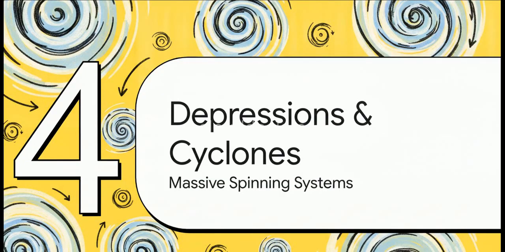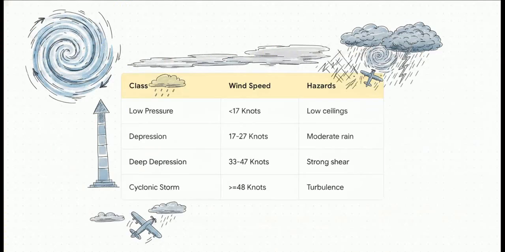All right, Section 4, Depressions and Tropical Cyclones. Okay, so as these spinning low-pressure systems start to really intensify, they graduate through some escalating classifications. The absolute crucial takeaway here is how wind speed directly dictates the core aviation hazards. A basic low-pressure area, under 17 knots, might just bring some annoyingly low ceilings and light rain. But as the system deepens into a depression, pushing up to 27 knots, you get widespread stratiform clouds. Push it even further to a deep depression, up to 47 knots, and suddenly you're dealing with heavy rain and strong wind shear. Once it hits 48 knots and graduates to a cyclonic storm, we are talking about severe turbulence